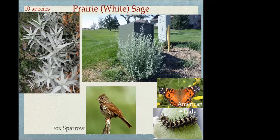The prairie sage or the white sage. This spreads by rhizome, so can form dense colonies that give the distinctive silver green accent to a planting in your garden, a sunny site. I just love the difference that can make in a garden next to something bright red or bright yellow. It blooms in August through